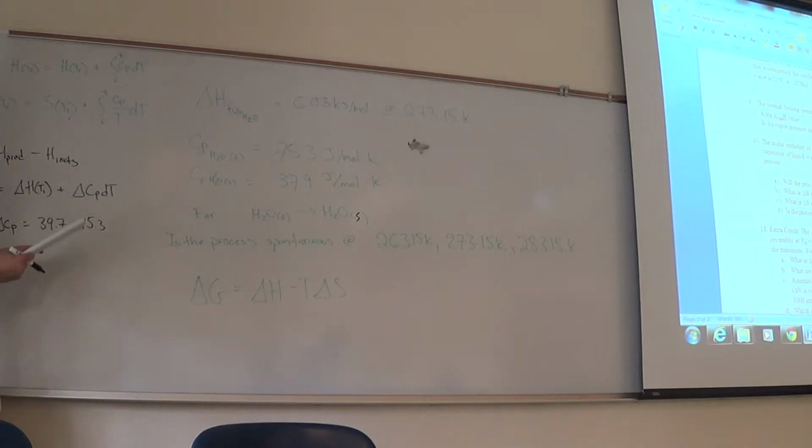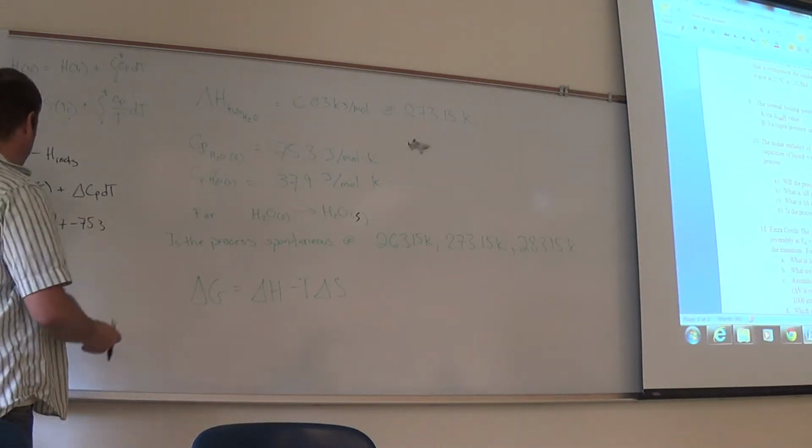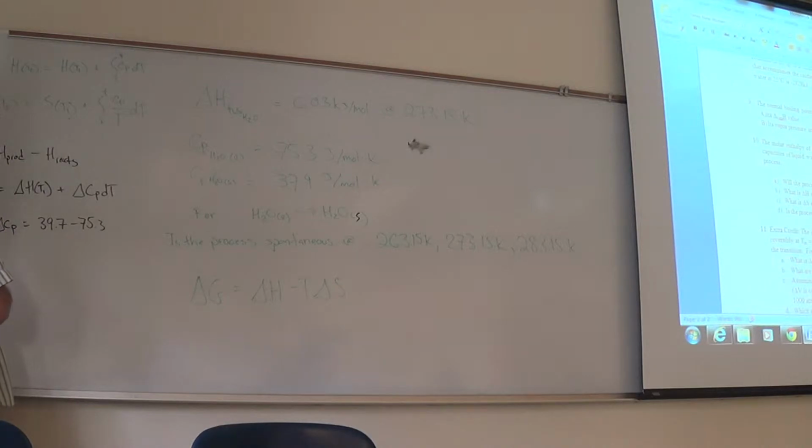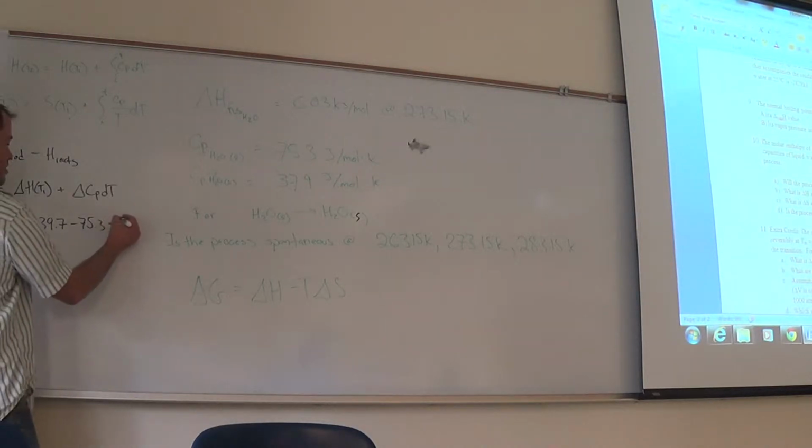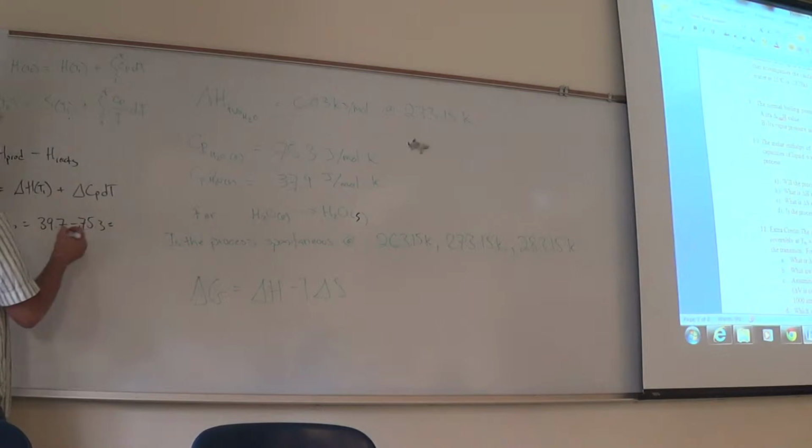So you plug that guy in for delta C sub P. 37.9. Oh, no, you put 39.7. Oh, it's supposed to be 37.9. I'm dyslexic. So here's your delta C sub P, right? So you just plug that term in here and integrate dT, and that's just T final minus T initial. And so you get this expression that delta H of T2 is equal to delta H of T1, which